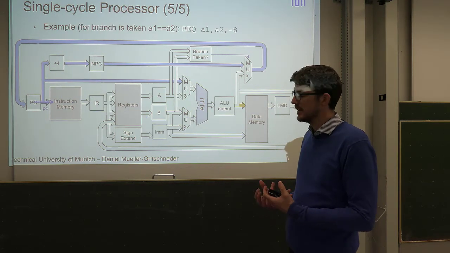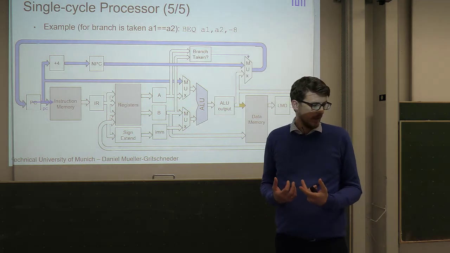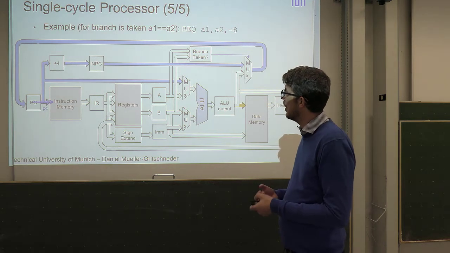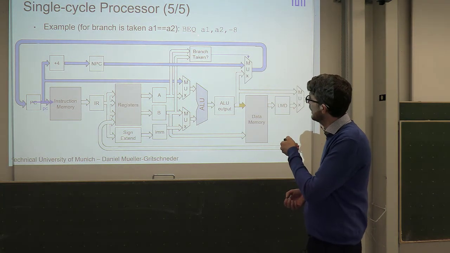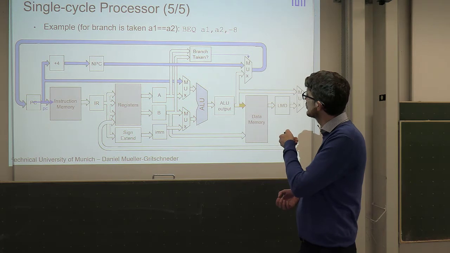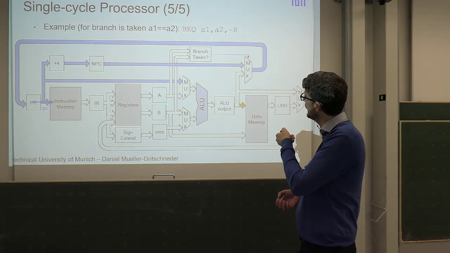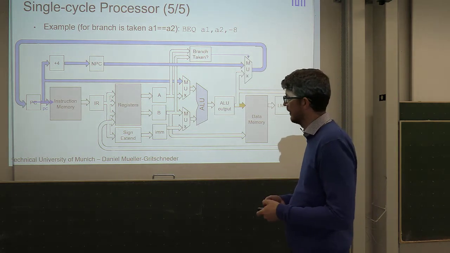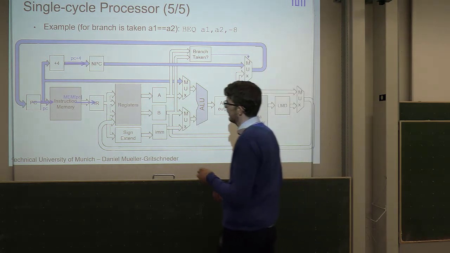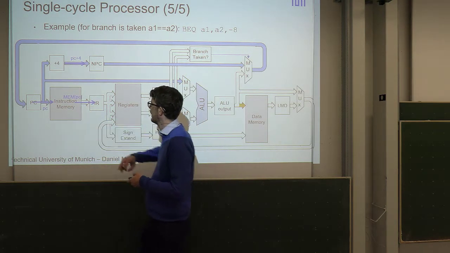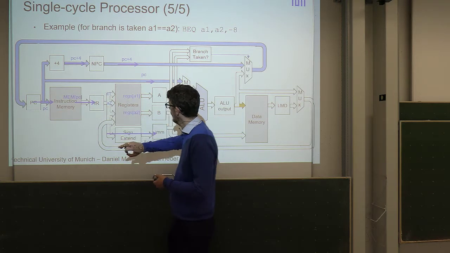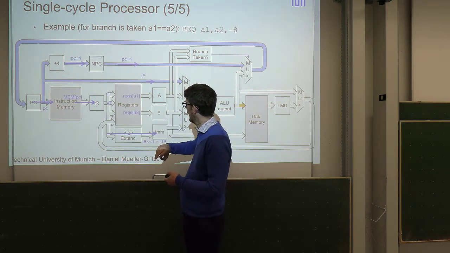Okay, and now comes the most complex instruction. This instruction is the branch instruction. So now what we are saying is, okay, we have a conditional branch, so we want to jump with a certain offset if A1 is equal to A2. This is what the instruction is saying. So in the beginning, it's the same thing. We fetch the instruction, then we know, okay, the two operands are A1 and A2, right? So we have to load these two because we want to compare them. And additionally, you have to be careful,